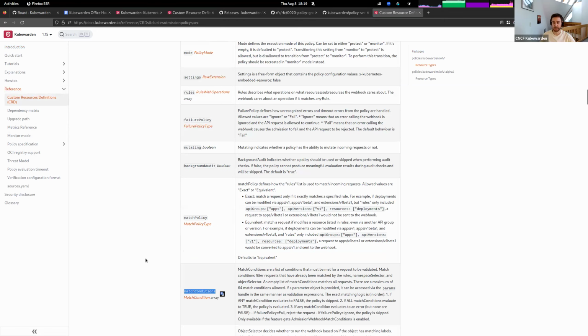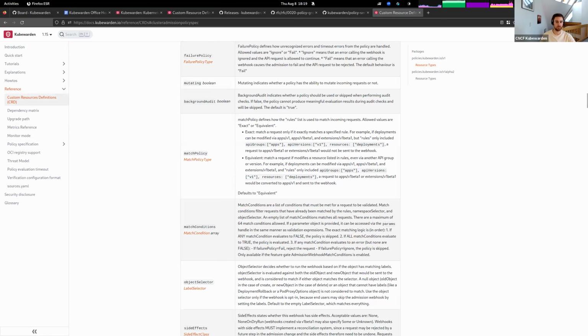Of course, these match conditions are the same type as one would expect for validating admission policies. And yeah, we validate that CEL with the same interpreter and same code that the validating admission policies do in the Kubernetes API server. And yeah, that's it. I wonder if I'm missing something about that feature, but maybe that's it.